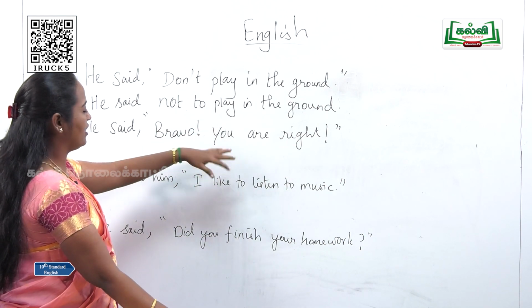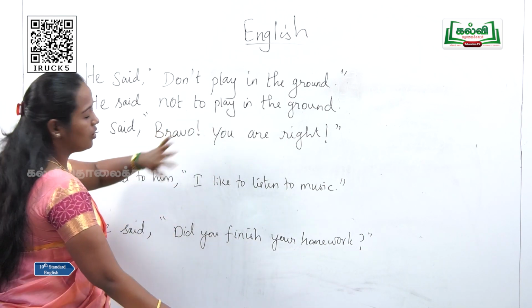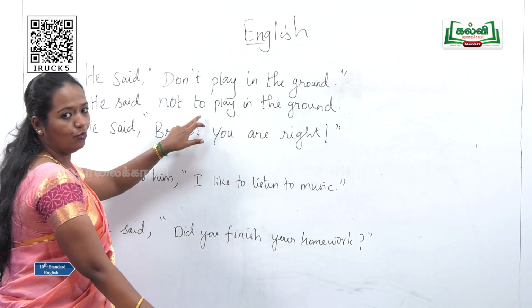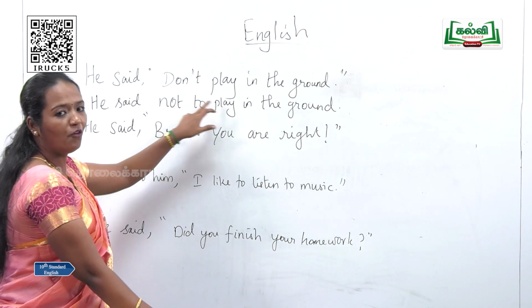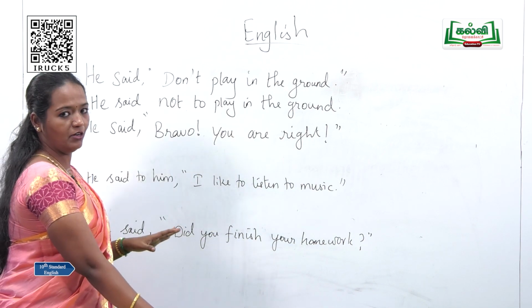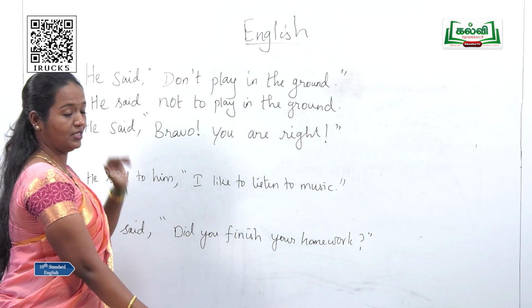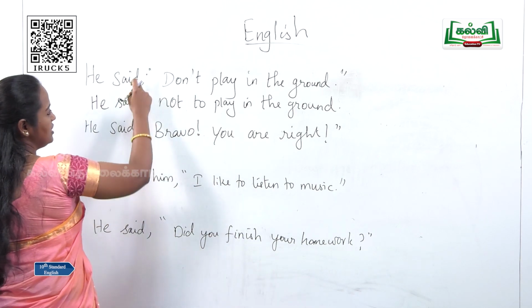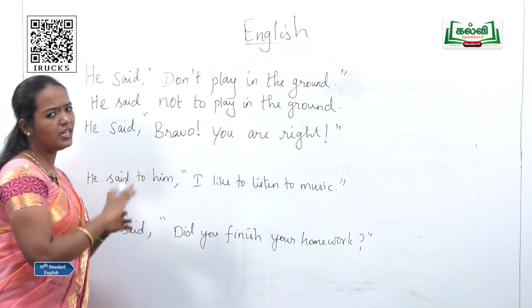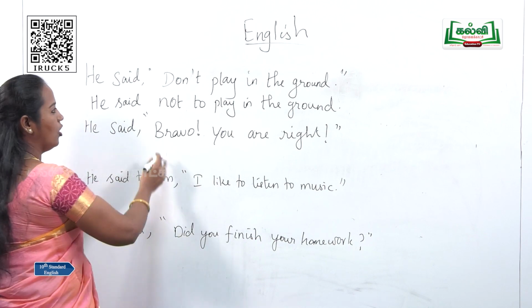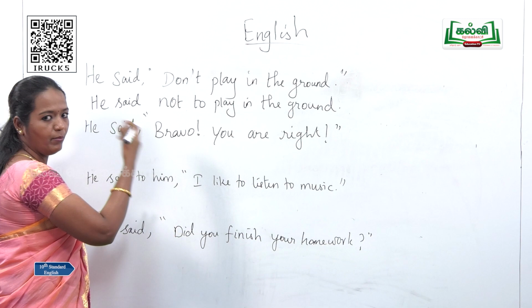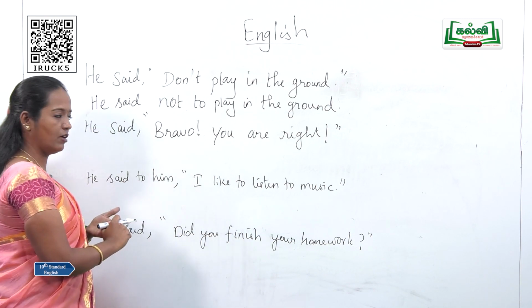The rest will remain the same because you are not going to change the tense because it is preceded by to. So when you have to, the following verb should be in the present form. So it becomes very easy if it is an imperative sentence. And here I have used the same word, said. If you want, you can also change into ordered or requested. So it could be in any way. He might have ordered or he might have requested.